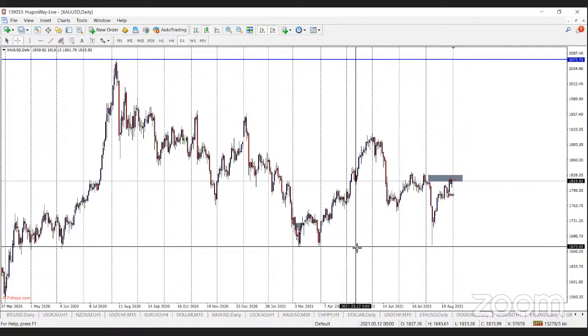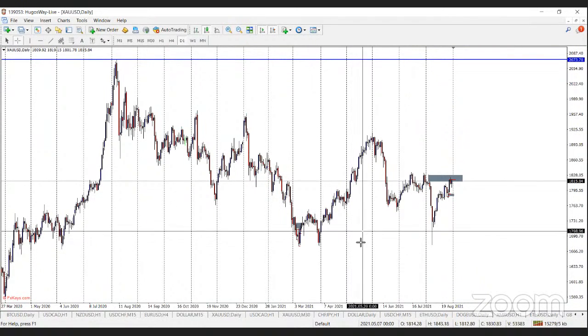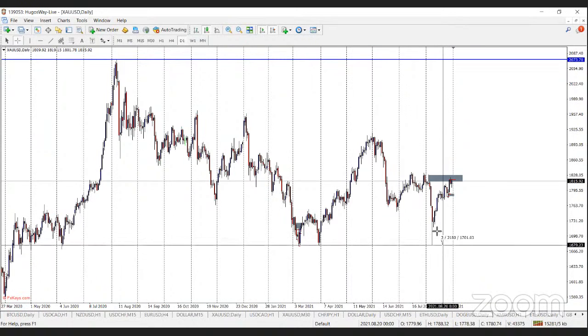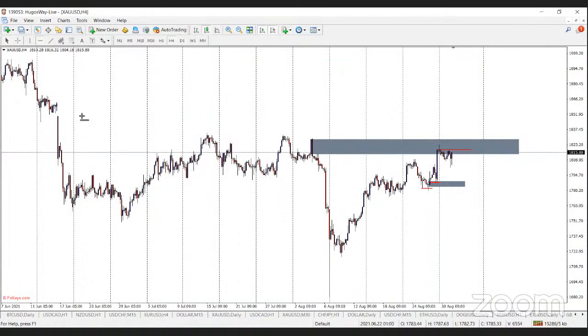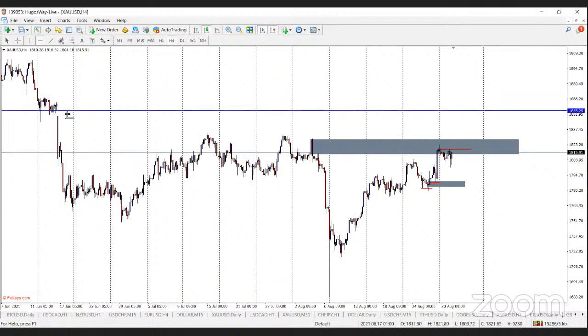There is a chance that the price can go short because we have areas in the price action that denote that. For example, this wick right here, I do expect it to be filled out. But how that is going to happen is going to depend on so many different factors. Now, on my charts with Hugo's Way, there is a liquidity gap here,